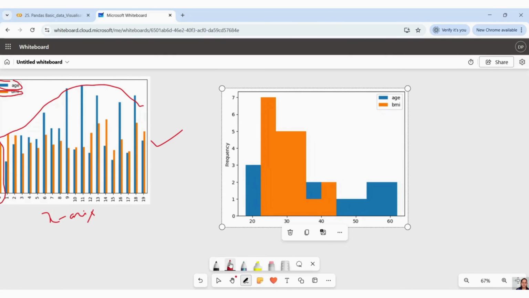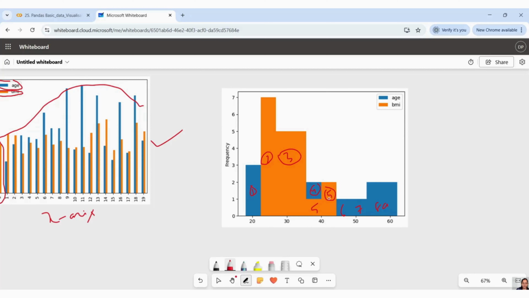So when I'm talking about bins, guys, this is one bin, this is second bin, third bin, fourth bin, sixth, seventh, eighth, and I think one more bin is here.